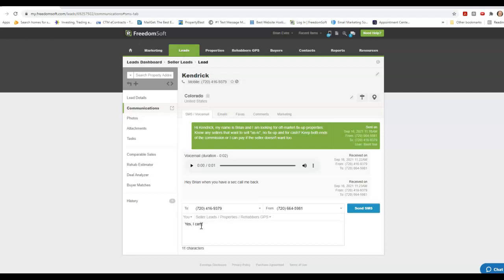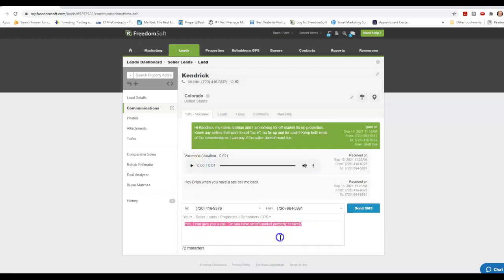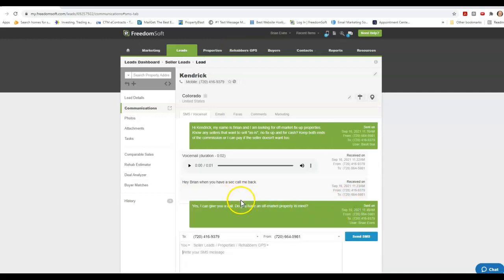Yes, I can give you a call. Do you have an off-market property in mind? So I'm going to copy this and put it in our responses because it's so common. But I don't want to just call her because I find that when I just call, a lot of times these agents don't have an off-market property in mind. And if they don't, I don't want to talk to them. Neither do you, because